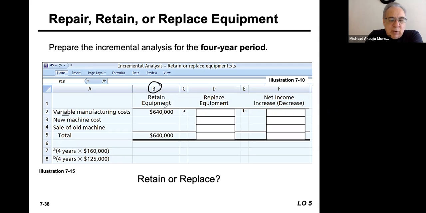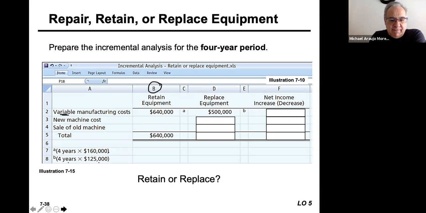So retaining the equipment they already have is going to cost them $640,000 over the next 4 years. But what if they replace it? Well, those variable manufacturing costs are going to go down. 125,000 per year for 4 years with the new equipment